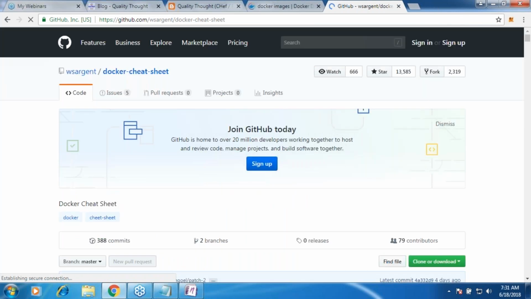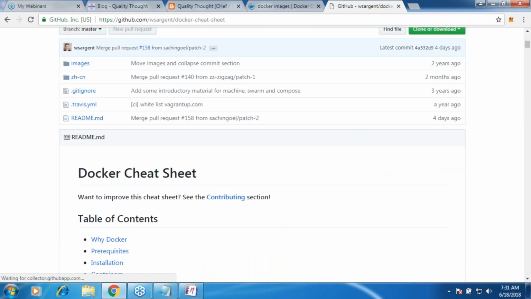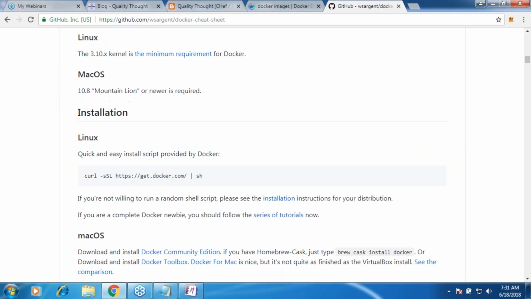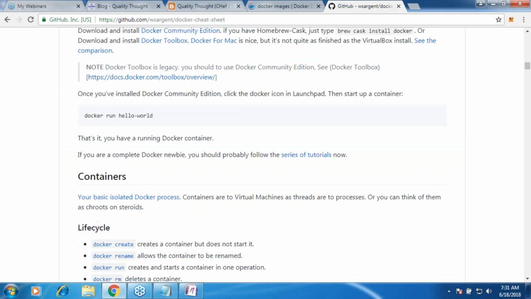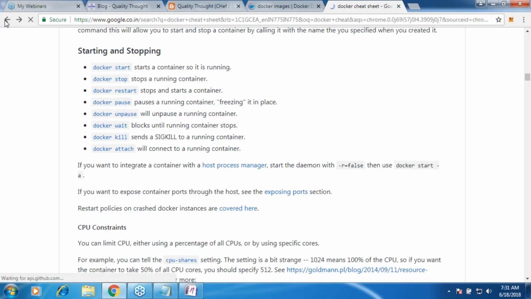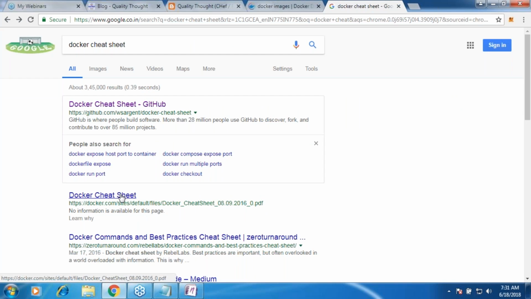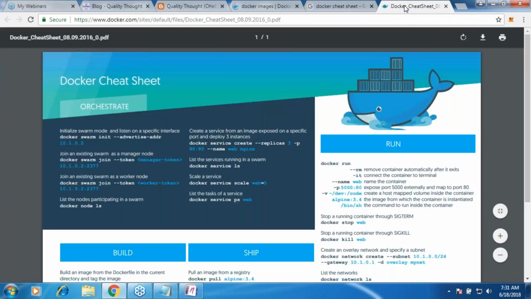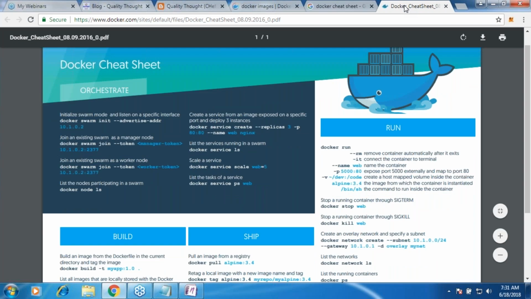Take a printout of this and basically try to stick it to your desk. This is a very huge cheat sheet. Let me try to do something. Yeah, this looks better. Something like this, which will give you some comments.